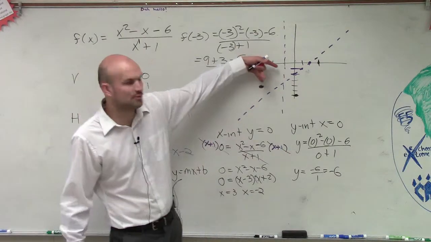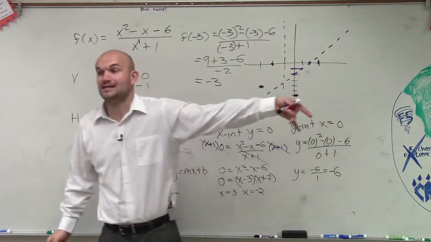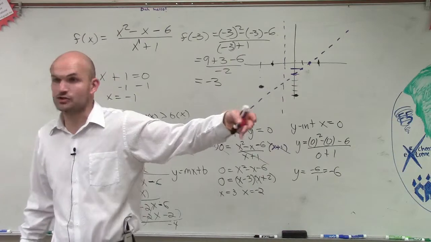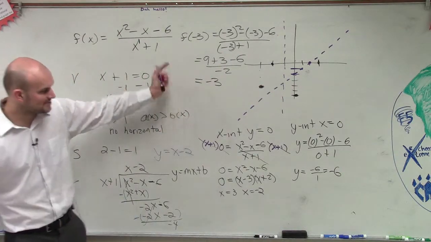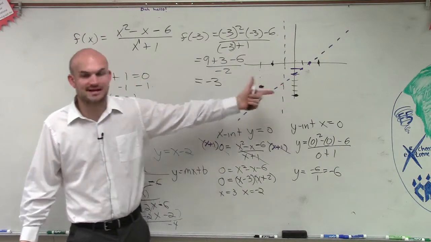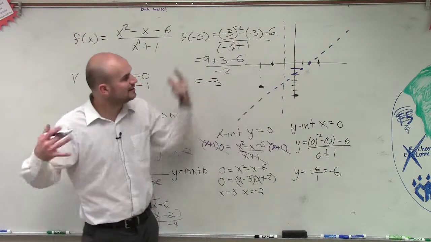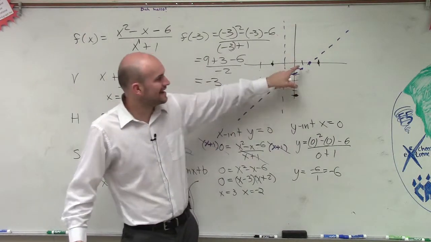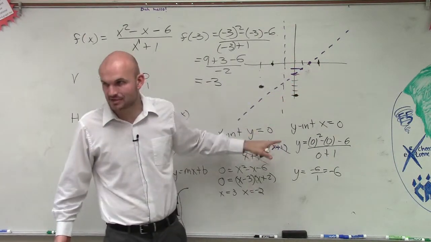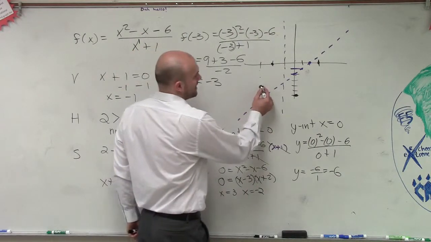So there's your 2 points. Now you've computed 2 points to the left and 2 points to the right. So on a test, that's something that you're going to have to show me is those 2 points to the left and 2 points to the right. Find the asymptotes, find the x and y-intercepts, then make sure you have 2 points to the left, 2 points to the right. Now remember, ladies and gentlemen, my graph has to go through these 2 points and approach each one of these asymptotes. So just through kind of my experience,